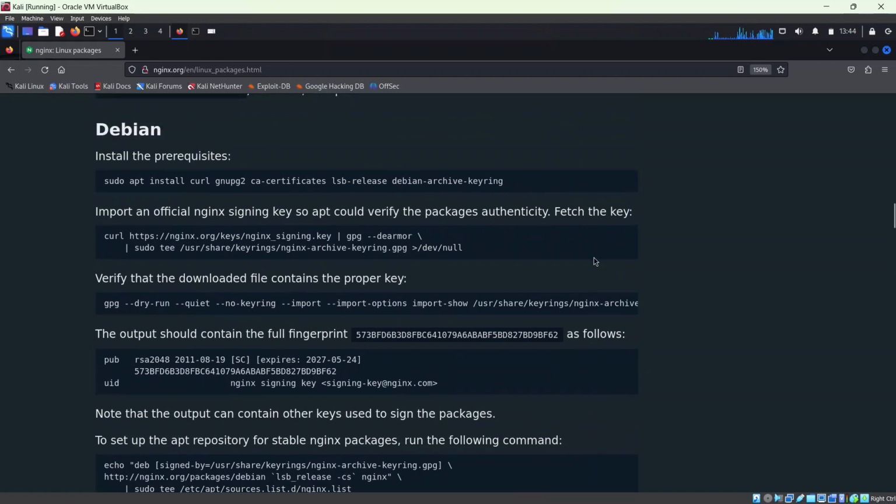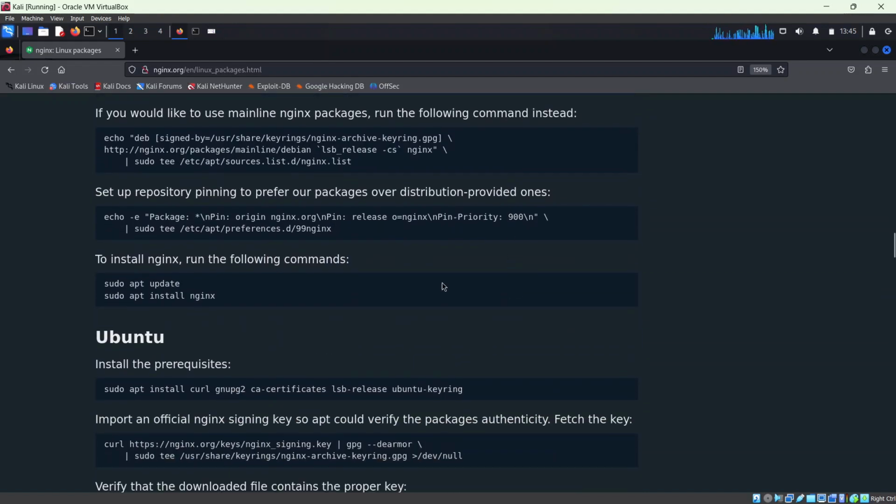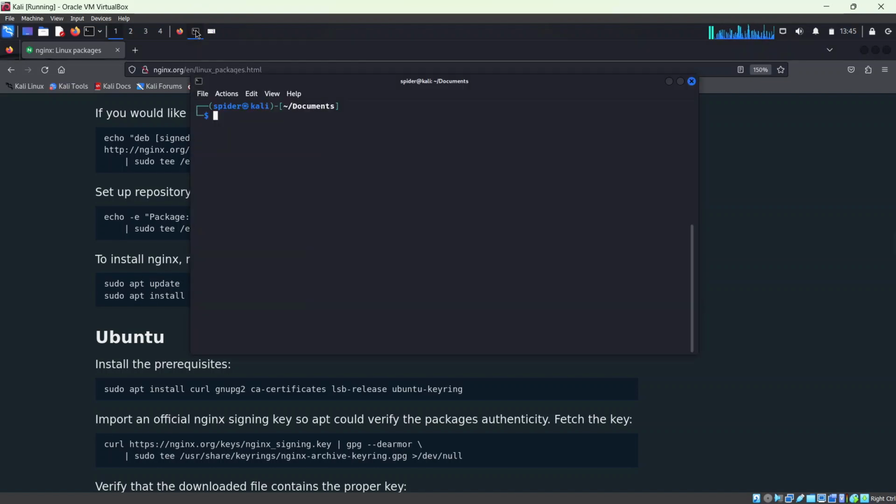All you need to do is run each of these commands one after the other. This is to install the prerequisites. Then go ahead and import the official signing key. Basically, at the end, run sudo apt-get install or sudo apt install, whichever one you prefer. Something like this, sudo apt-get install